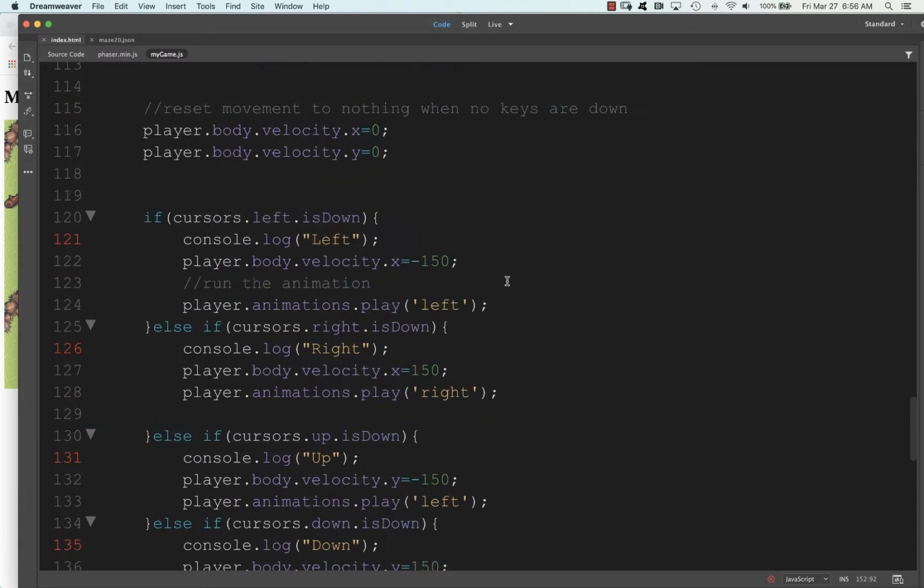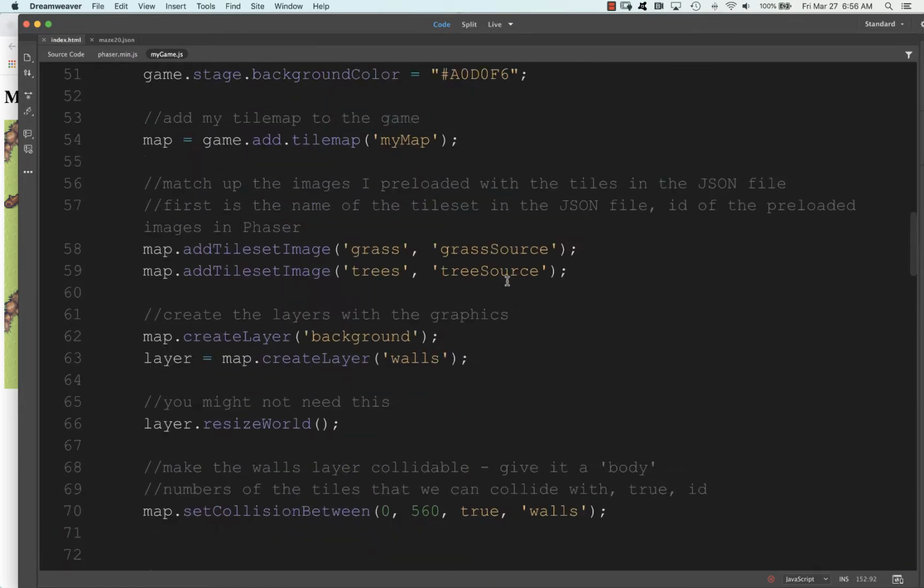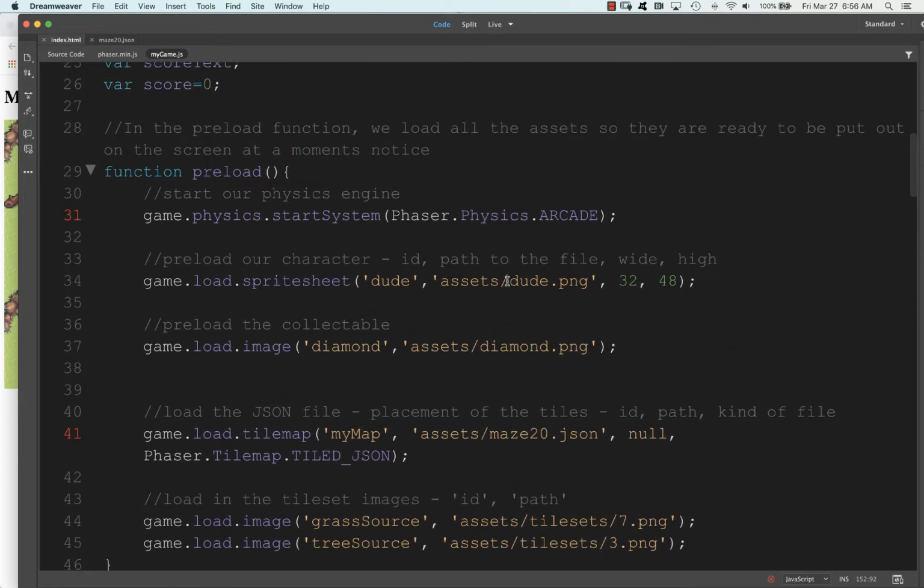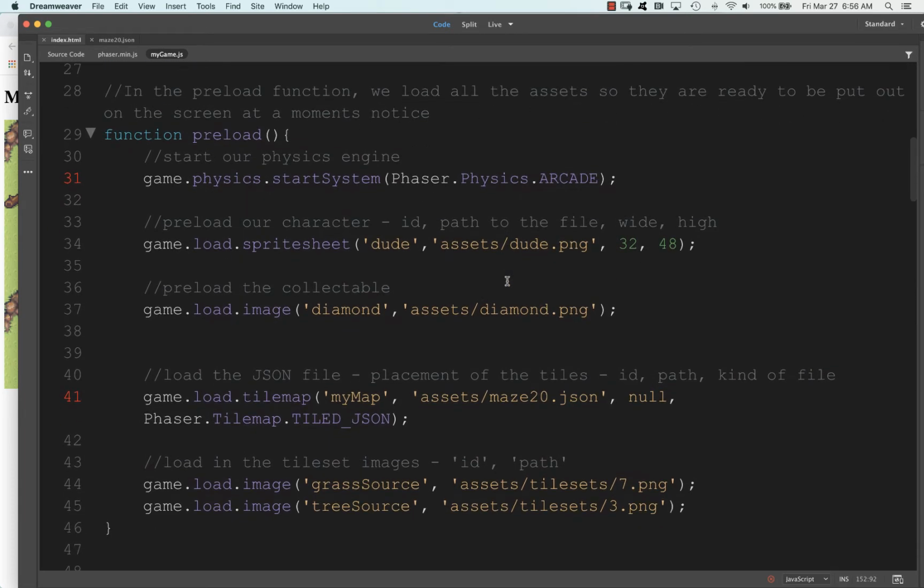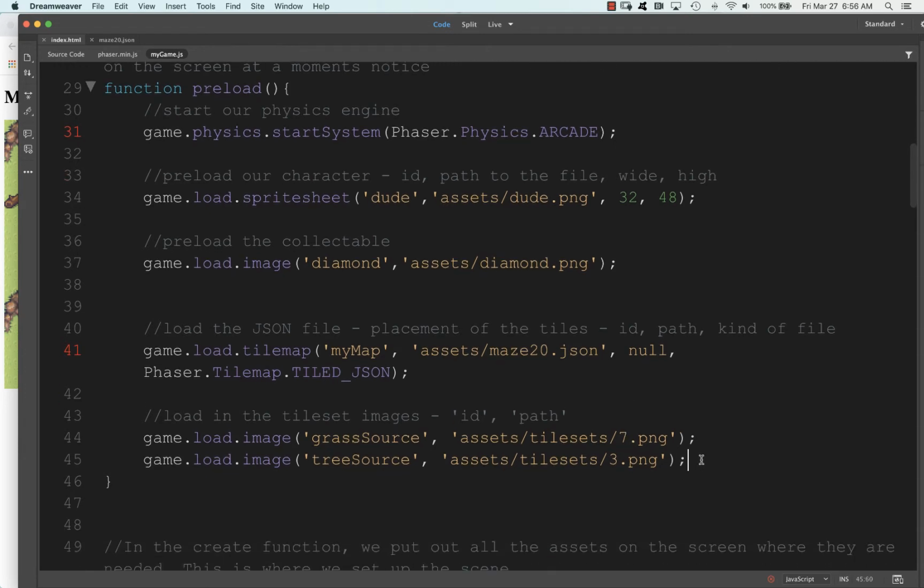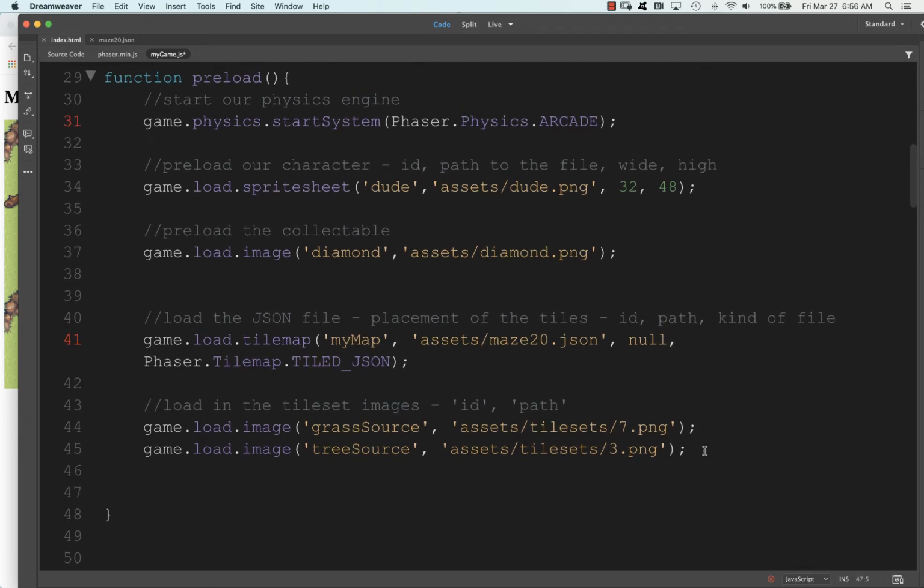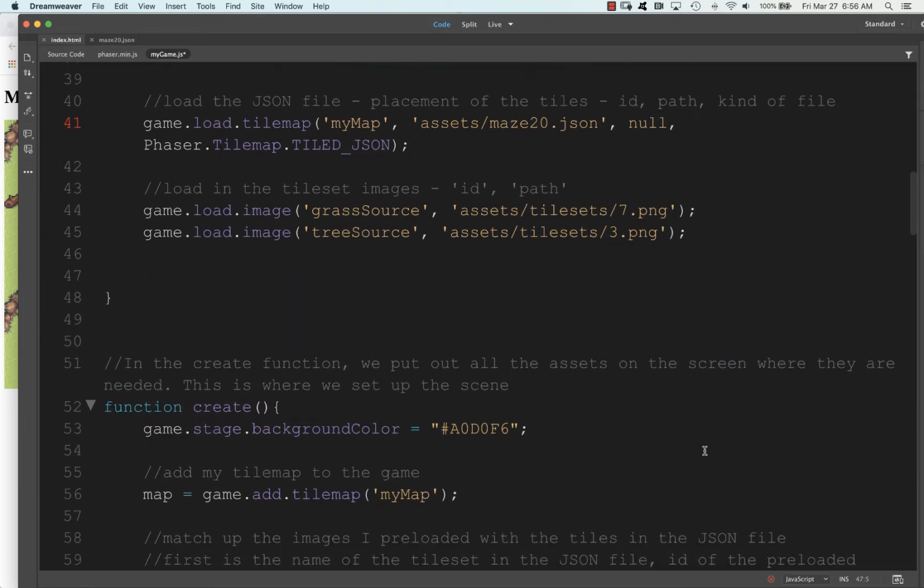Okay, so there are several steps to this as well. We need to preload the audio, we need to create the audio and attach it to the screen or to the game, and then we need to play it at the specific times that we want it to, like when the player is colliding with the diamonds. So in my preload function, I need to